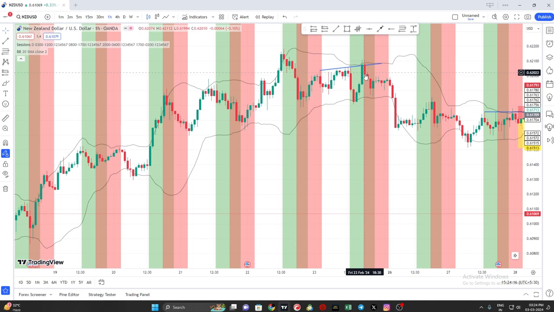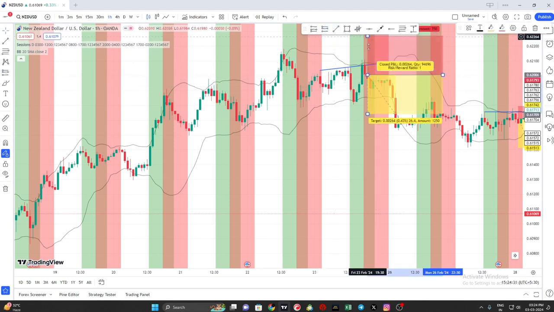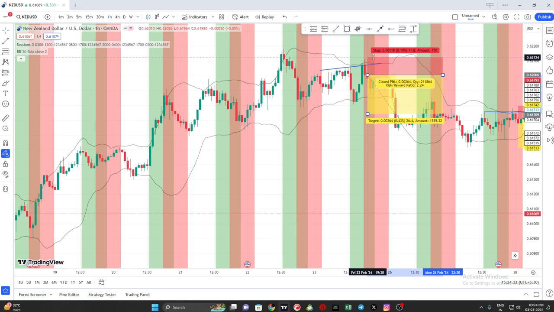As you can see, we have a red candle, and the candle also touched the Bollinger Band, took the resistance, and it also took the resistance from the trend line. So all the conditions are here. So now we're gonna take this trade. All right. So let's take our trade here, and our SL will be a little bit above the swing high,